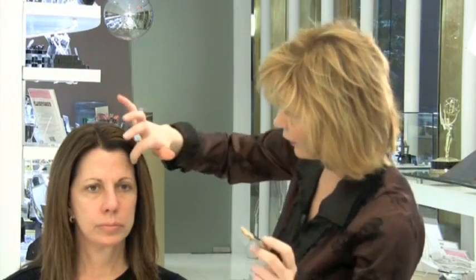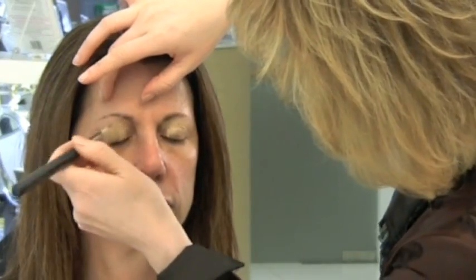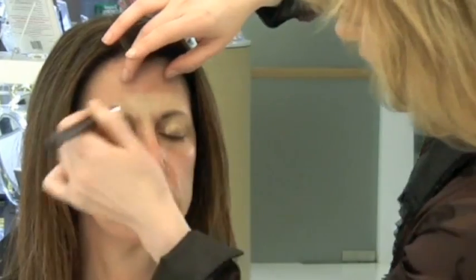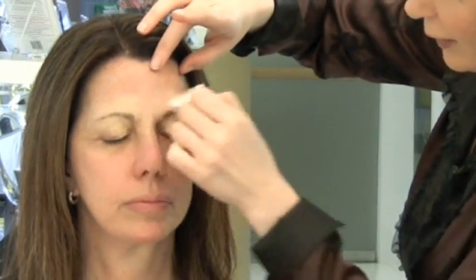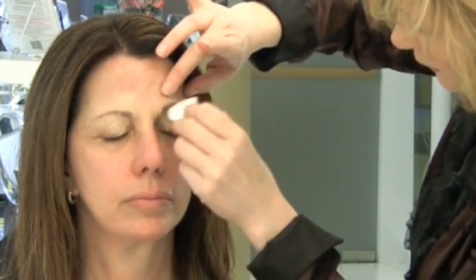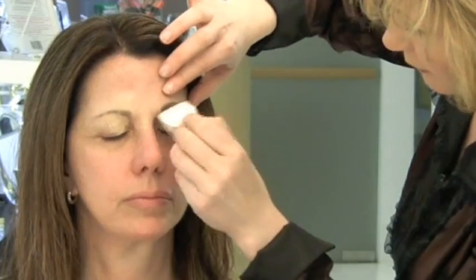We're going to take our foundation brush, and in the lighter shade of the two, because we're going to do the eye makeup first. So close your eyes. The reason I do the eye makeup first is whatever falls on the face, then later I get to clean up. So I do the eyes and right above the brows first with the lighter shade of the two. And when the sponge is wet, you can make this go on very sheer, and the lightest color will also act as your base